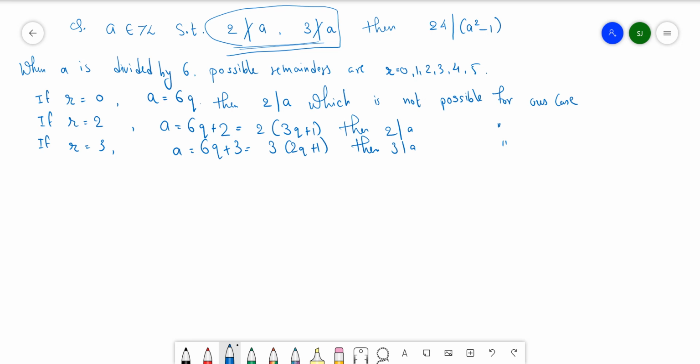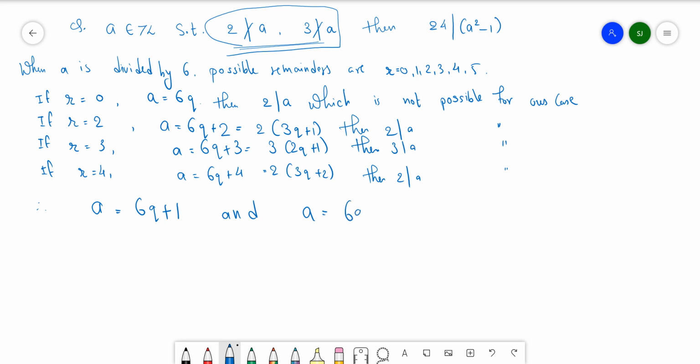Suppose r is equal to 4, then a is 6q plus 4, which is 2 times 3q plus 2, and then 2 will divide a, which is not possible for us. Therefore, a can be either 6q plus 1, which is possible,